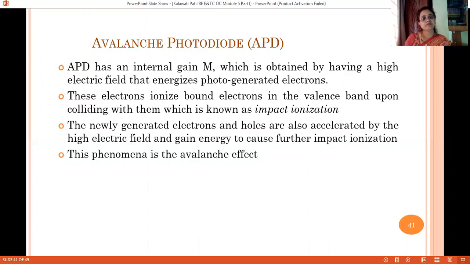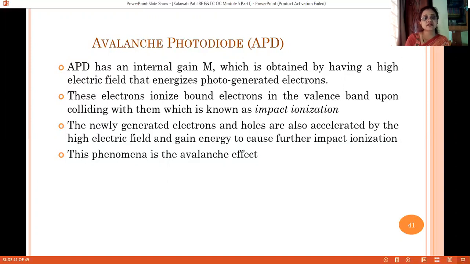So, as I said, the APD has an internal gain, which is obtained by having a very high electric field that further energizes, increasing the kinetic energy of the photo generated electrons, so that these highly energized photoelectrons will ionize the internal atoms when they collide with them and create more electrons through the collision.